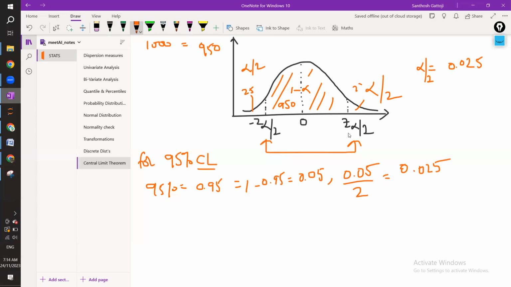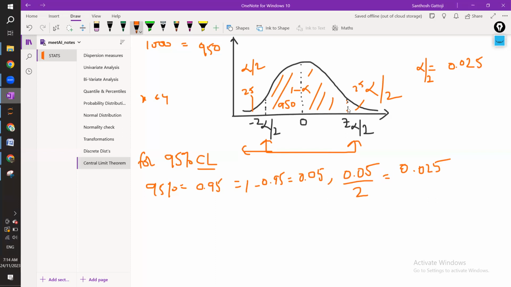But if you want to find out only till this point, Z alpha by 2, now what is the area? We need to subtract that part from the total. If you see the area part, if x is less than 4, from 4 you will get the overall area. So till this point how much will it be? It will be 1 minus